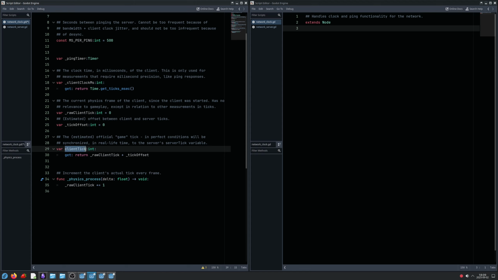So the actual client tick is the raw client tick, the number of ticks that have happened since the client has been started, plus the offset between the client and server ticks. So if the server was started 100 ticks before the client, then after the first couple of pings, the client will realize, okay, the server is 100 ticks ahead of me, so the tick offset will be negative 100, and every time the client tick is accessed, it will modify it,